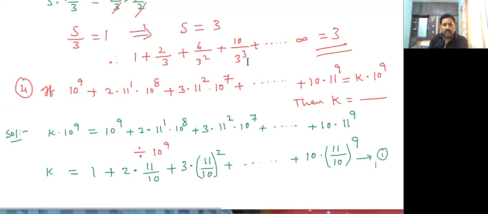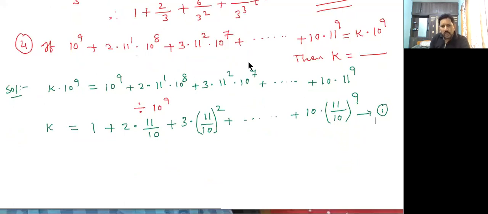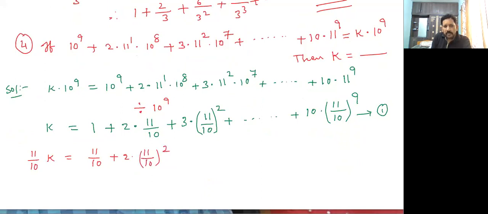Now, on both sides, multiply with 11 by 10. 11 by 10 into k is equal to 11 by 10 plus 2 into 11 by 10 whole square, plus 3 into 11 by 10 whole cube,